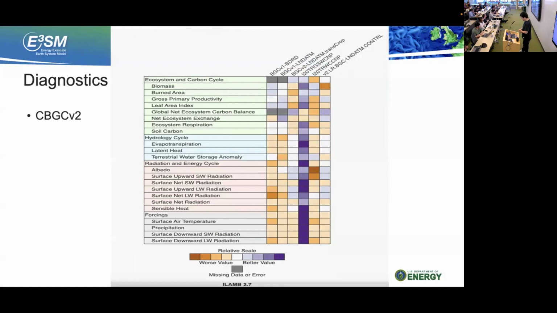If you focus on the purple column, which is the BAS model, that's our offline model that's driven by reanalysis surface climate and also the observed CO2 concentration. So you see that it performed very, very good because you have a very strong constraint on the environment.